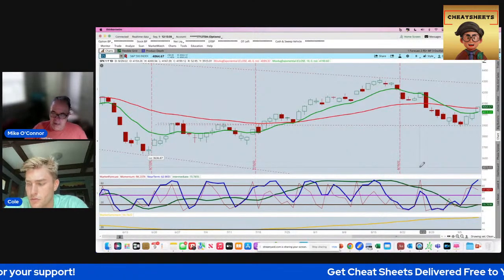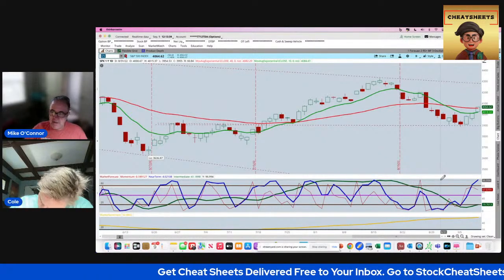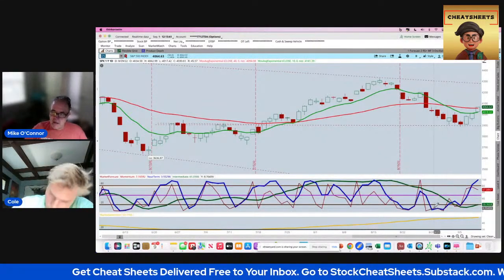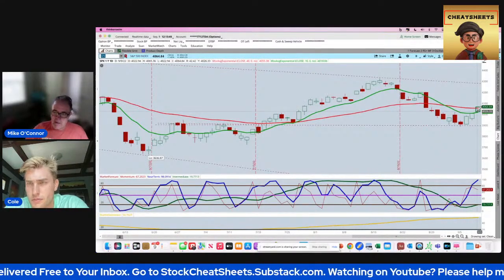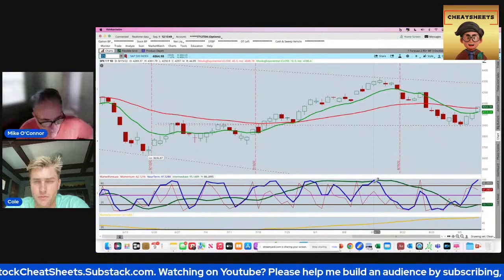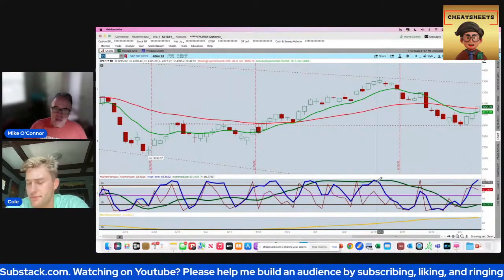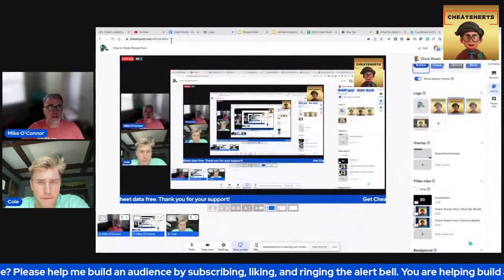However, the market forecast, which is this set of indicators that we're going to spend a lot of time on today, is perhaps telling us that this 3-day rally might turn into something more. And that's what we're going to talk about today. So are you with me so far? I am. Okay. So the market forecast on the cheat sheet is factors